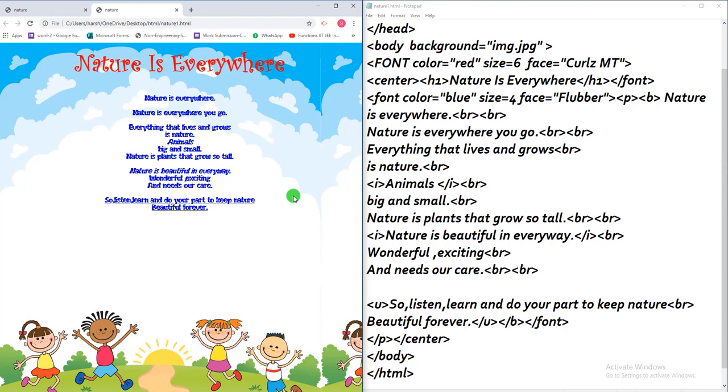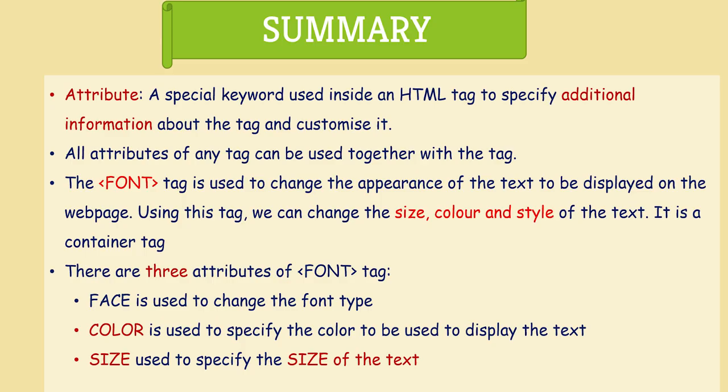So we have changed the font size, we have changed the font color, we have also changed the font face. When we give the text color from the body tag, that gives the same color to the entire document. But this way, by using the font tag, we are able to give different colors to different portions. In the font tag, we have the color, the size, and the face attribute. So today we have learned about the font tag.